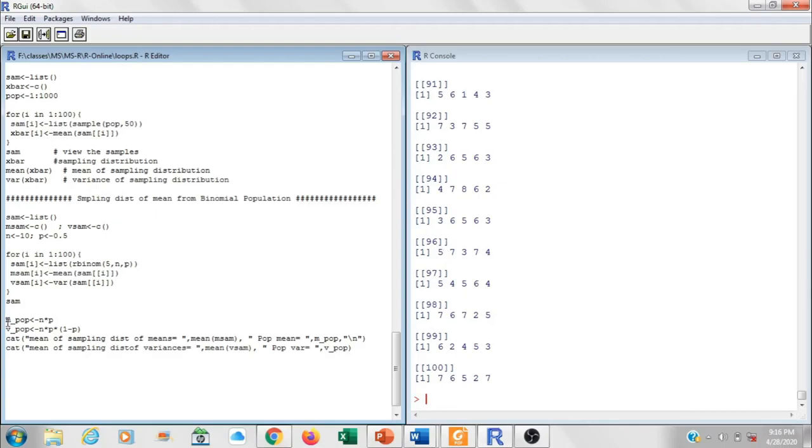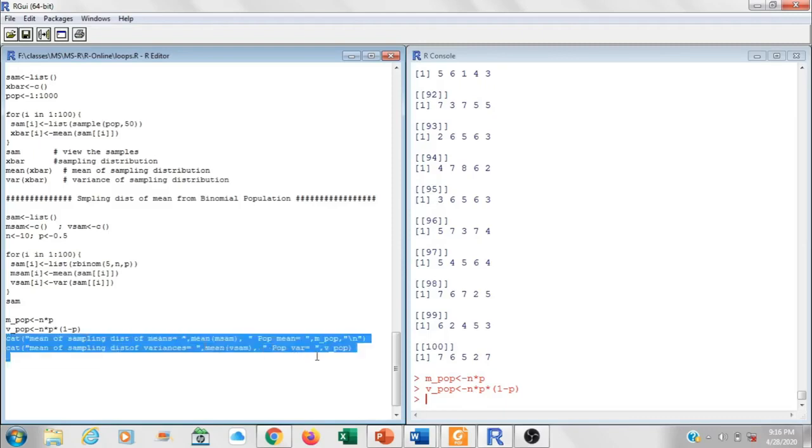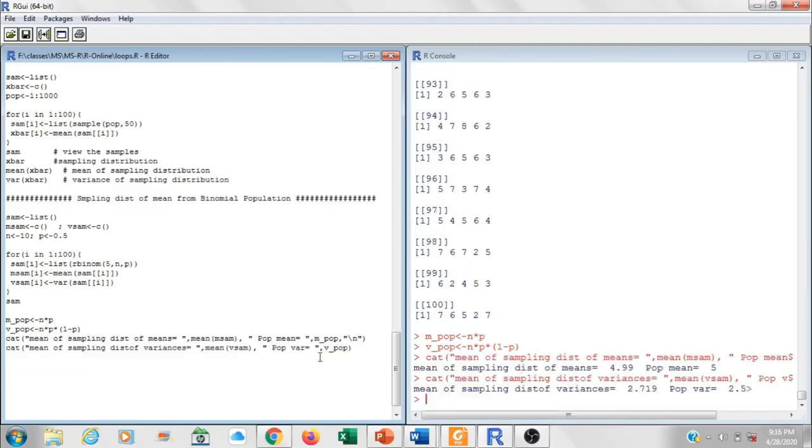Now if I want to find the population mean of the binomial distribution, it is np, and the variance is npq. Let's execute it also. Now the cat command, let's execute it, Control R, and we can see the display in a corresponding manner.